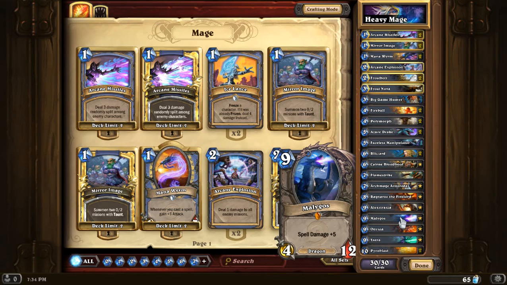So yeah, it's not a good play most of the time because it can get silenced, and then it's basically an Ysera. But unlike Ysera, this guy doesn't have an effect at the end of your turn. You need to allow your opponent to play his turn, and then you can benefit from his ability. But anyways, it's here more as a,